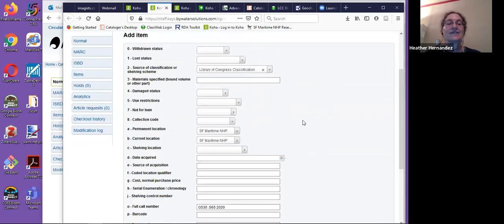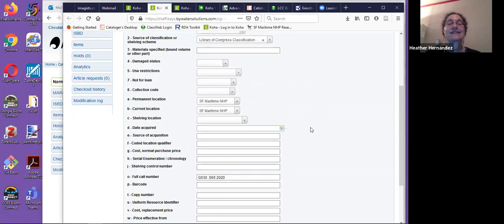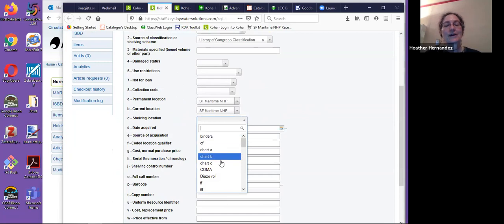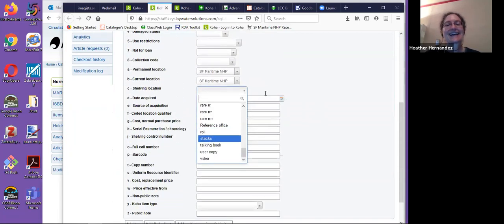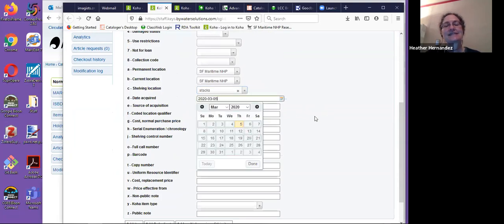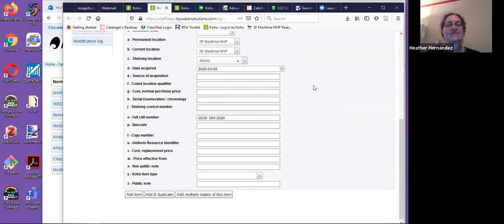We don't have an advanced editor for items, which is another thing I would love. Here's another enhancement request, or it may already be in Bugzilla. I haven't checked. But the items are done in the normal